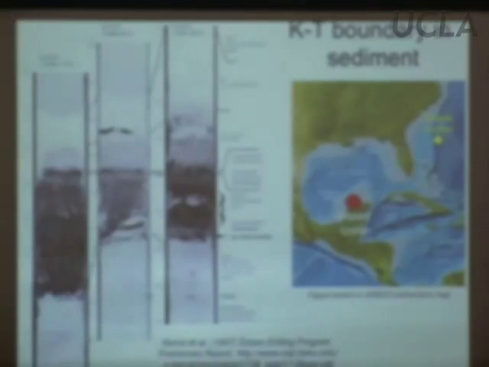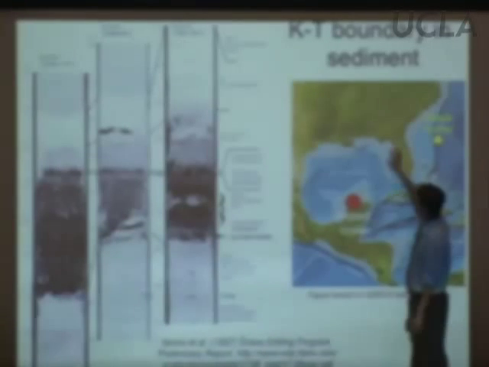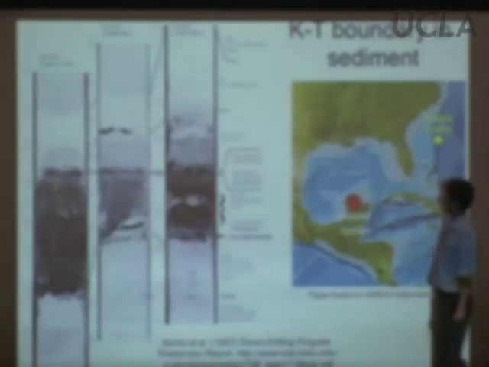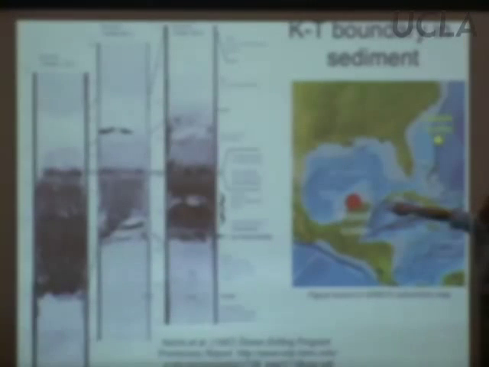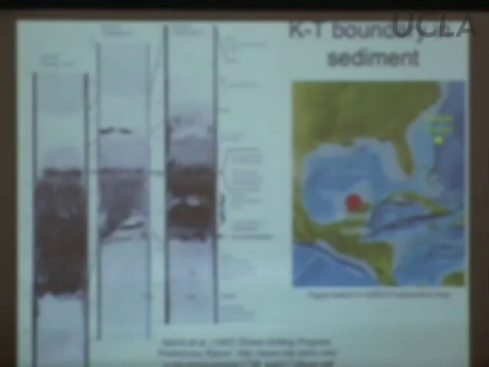So here's where the Chicxulub impact crater occurred in the Yucatan Peninsula. Here's Florida. Here's Louisiana, Texas coast. Okay. And what's shown over here are pictures. Unfortunately, I couldn't find them in color. The color is really cool, so I could only find black and white. This is a drill core that was taken right here, off the east coast of Florida. This is, by the way, quite a distance away, okay? Like a couple hours airplane flight, all the way across Florida. But if you look in this drill core,